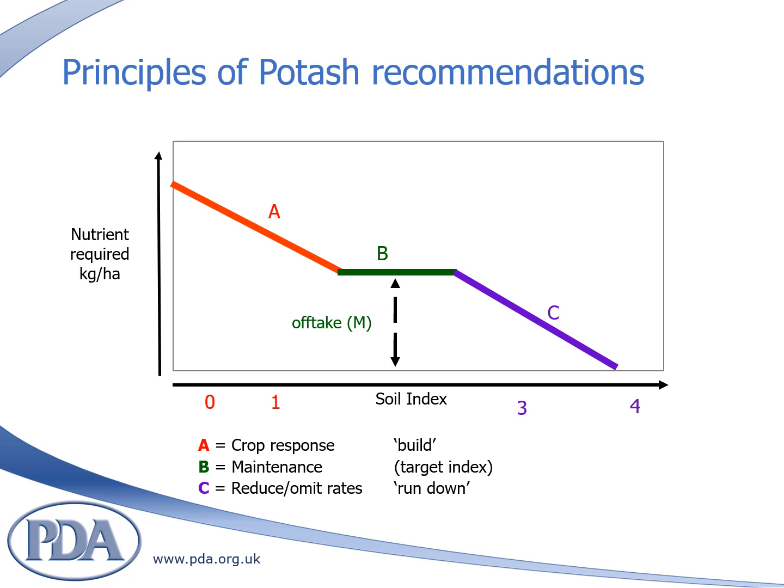Consequently, it is sensible to check that potash applications are maintaining the correct level of plant available K in the soil. This can be done by taking a soil sample every 4 to 5 years from each field for analysis. Preferably, sampling should always be done at the same point in the rotation and at the same time of year and to the same depth.